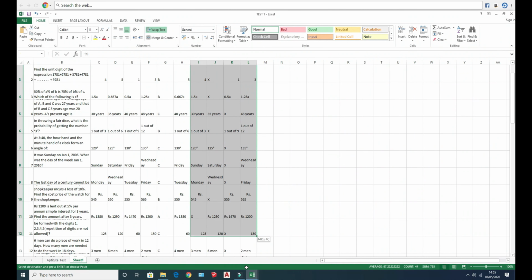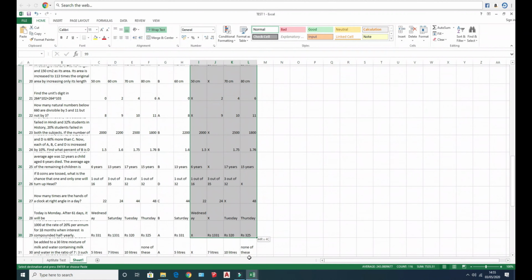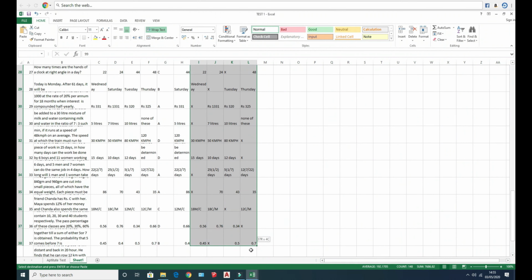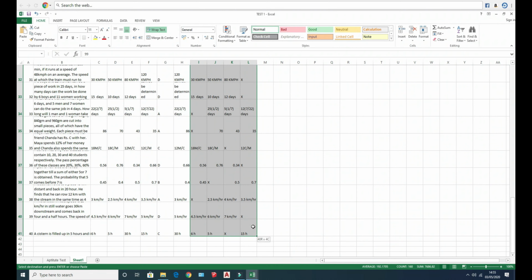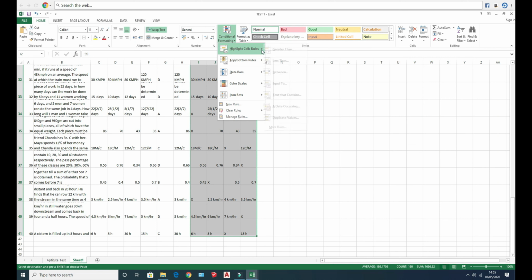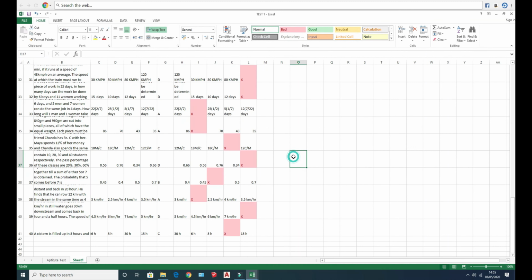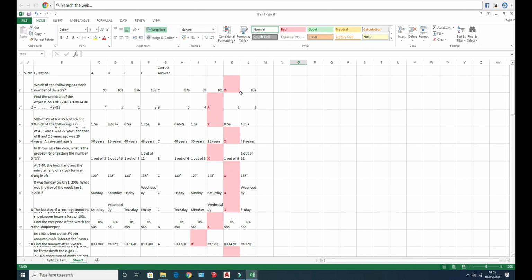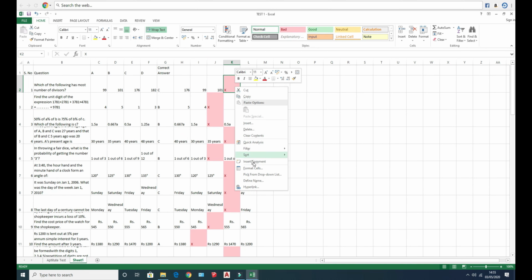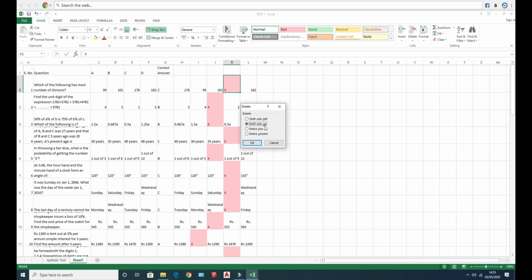Now I am going to eliminate the X by applying conditional formatting. I select the cells and use highlight cell rules, equal to capital X, and it's highlighted. Then I right click it, and in order to eliminate it, I use the delete option, shift cells left.